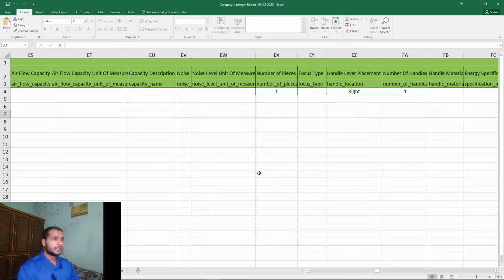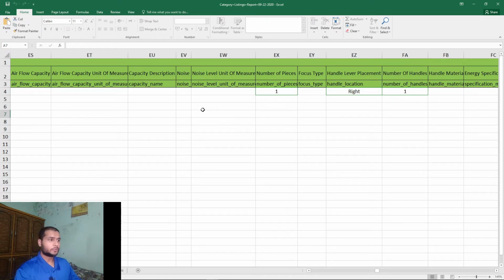Here you can see, let's say, the number of pieces is 1. It is filled in the category listing report, but other columns are not filled, and they are important to fill. In this way our backend will be completed when we complete the columns that are necessary and related to our product. When we go to Seller Central, we select the category and download this report, and after completing the empty columns, we have to re-upload the listing to Amazon.